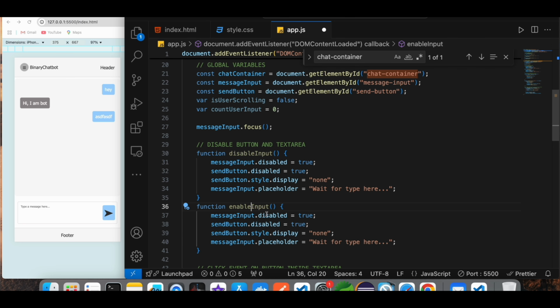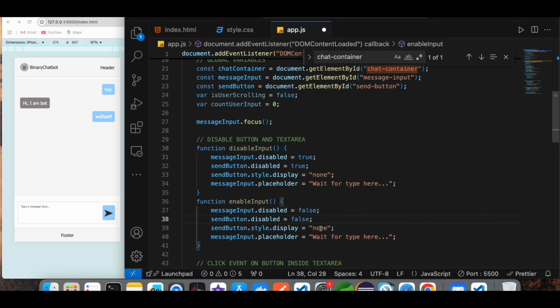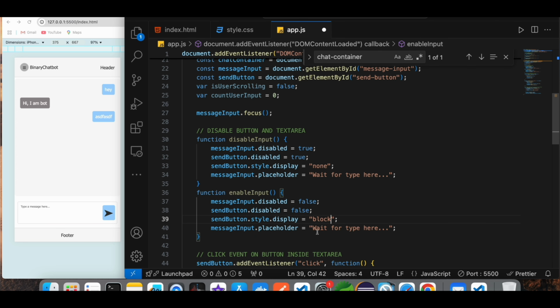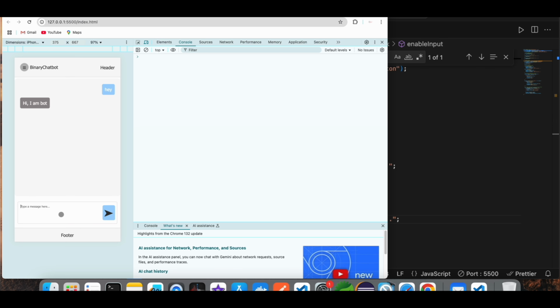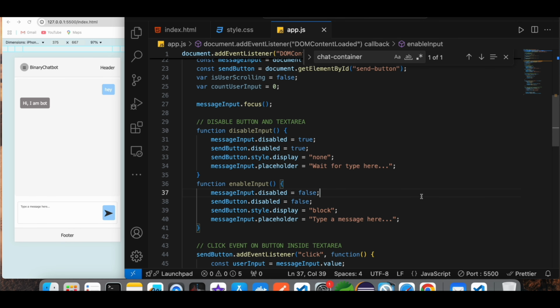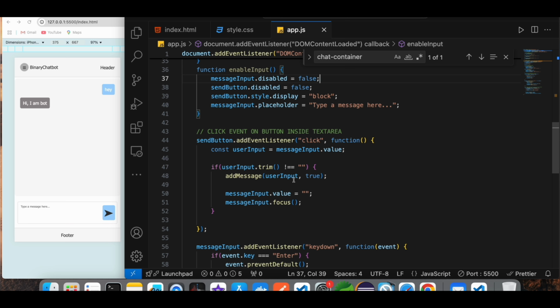And the next one is for the enable. And the placeholder message is again 'type a message here'. Okay, move on. Next one is